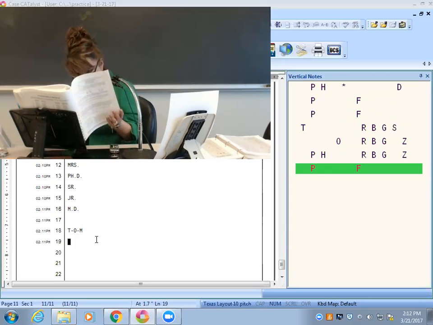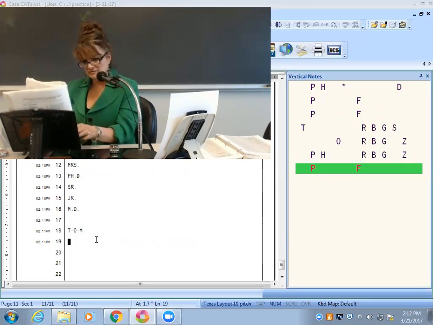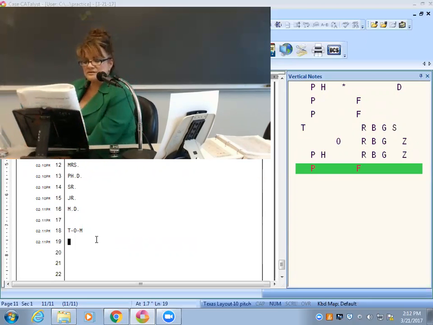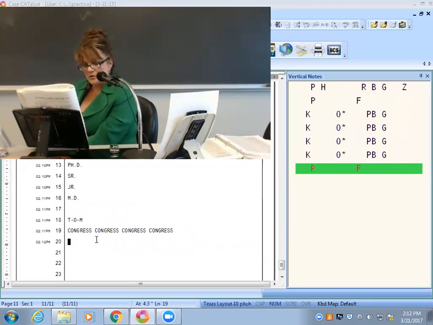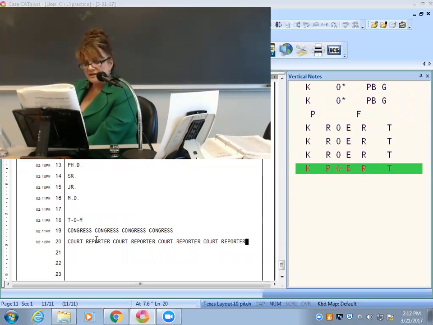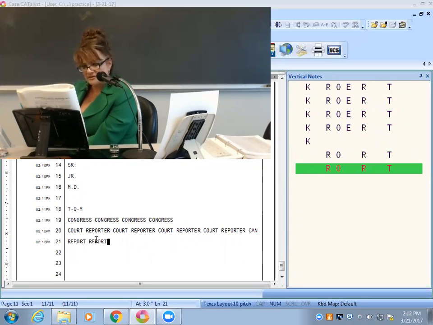And then, so any questions on anything there, Jen? No? Okay, and then so of course the briefs, I think I've given them to you before. Congress is Cong with an asterisk, and then court reporter, Rort. Think of report is Rort, put a K in front of it, it's court report, put the long O and it's court reporter.